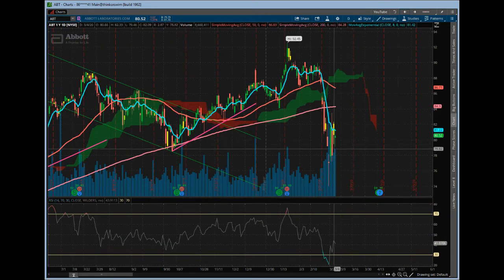ABT, interesting, failed to take the inside day down, so let's see if it can work its way back up. Let's see if it can come at least to test the 82 level to get to the top of that prior inside day. And then DGX,